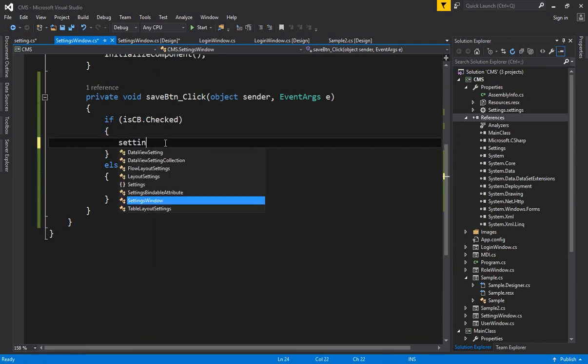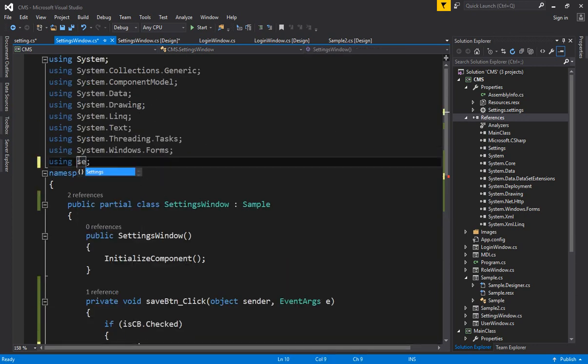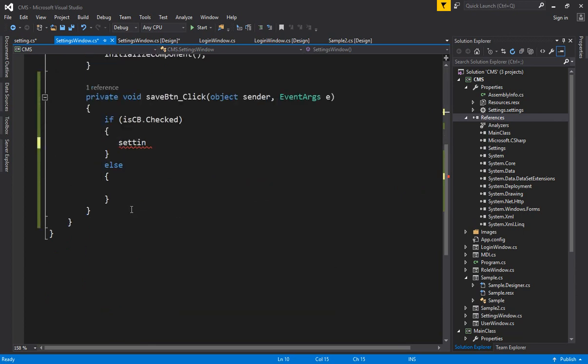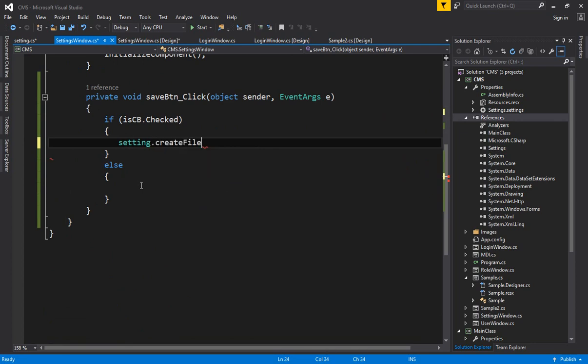Now you have added your other module inside the project. Now when you write setting here, look, settings is there. So what you can do, you can use using settings, and when you click setting, now look, the setting class is appearing, setting dot create file. So if that is checked, what it is asking me is the file name. The file name should be cms underscore connect, and then you have to specify the status, that is 1, because for one status you have to